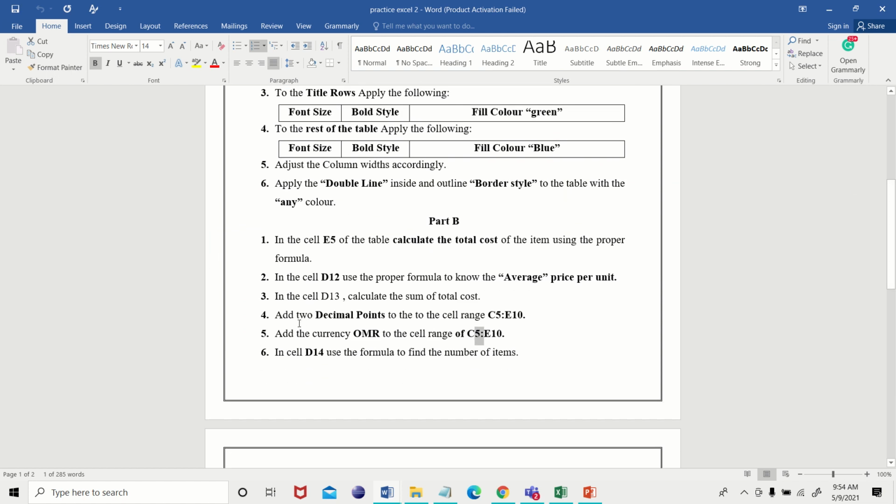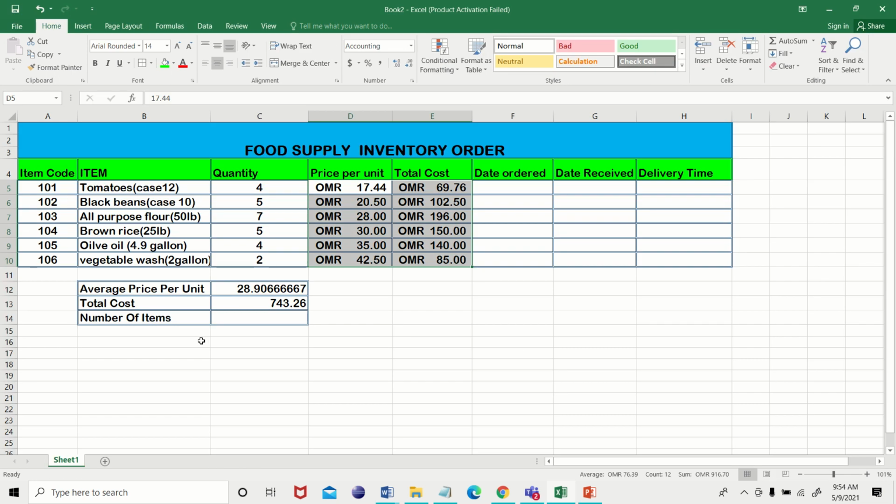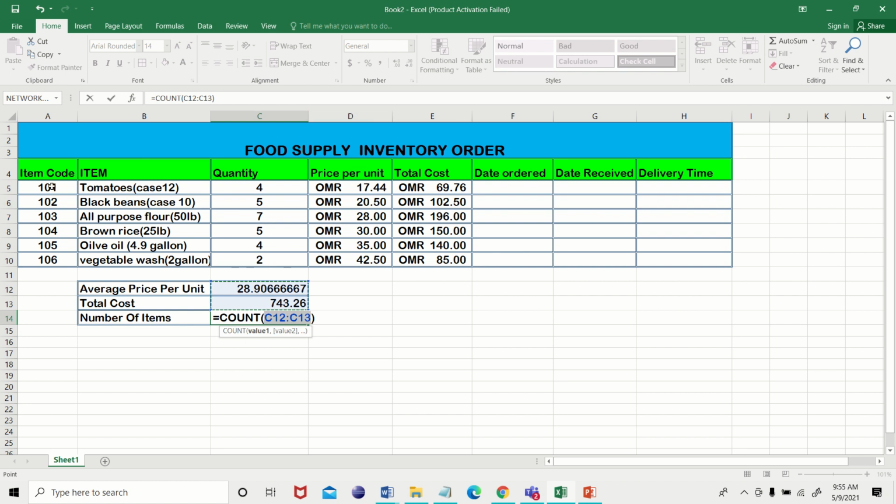Next one is in the cell D14, use the formula to find the number of items. So we have to find the number of items. How many items are there? So we have to count the items. For that, go to auto sum, choose count numbers and then choose the item code, enter.